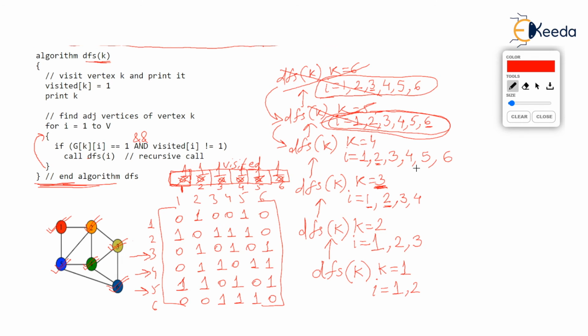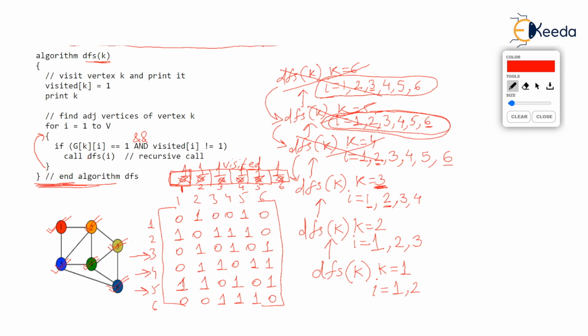And it will check, is 4, that is k, adjacent to i, that is 6? And you will see in the picture 4 and 6 are adjacent. So it still follows its procedure. 4 and 6 are adjacent, but 6 is already visited. So the second condition written after AND fails, so DFS(6) is not called. What happens after i becomes 6? The for loop ends, and the procedure ends. That means DFS(4) also has come to an end. It resumes the calling function.